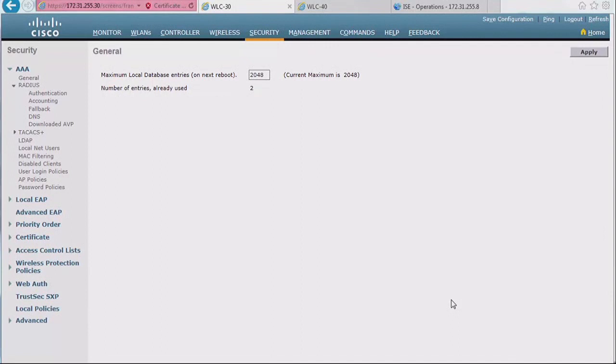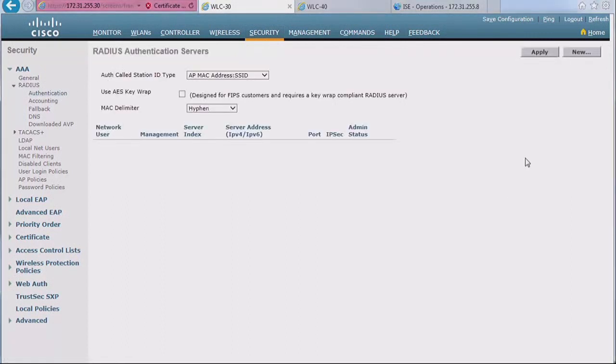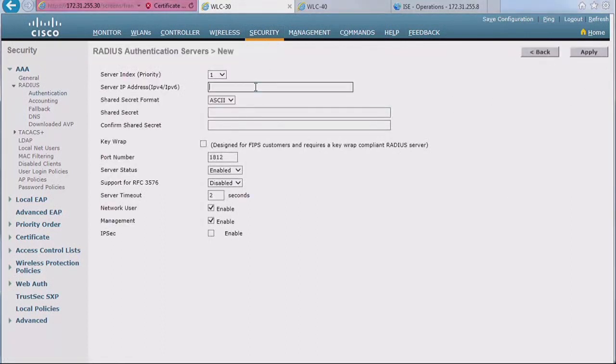So if you want to create a new Radius server to use on your controller, you would go to this page, Security, AAA, Radius, and you start with Authentication. And then you create a new Radius, and that allows you to use that Radius for your security. So go there, click New, and then you enter the IP address of your Radius server. So let me put